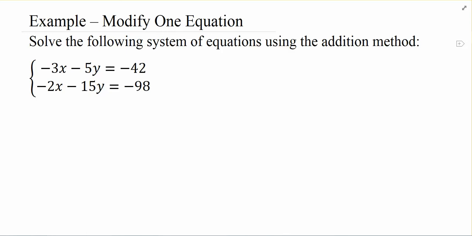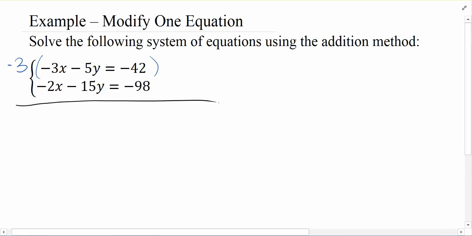So as we look at these, I want to say, could I multiply one of the equations by something so that the coefficients matched up? And it looks like if I multiplied this first equation by 3, then the y's would match up. They'd both be 15. We'd have a 15y in the first equation and in the second. But it's not quite right yet because they'd both be negative 15y's. If we add together negative 15y and negative 15y, we get negative 30y. And we wanted the y's to go away. So what we're actually going to do then is multiply by negative 3.